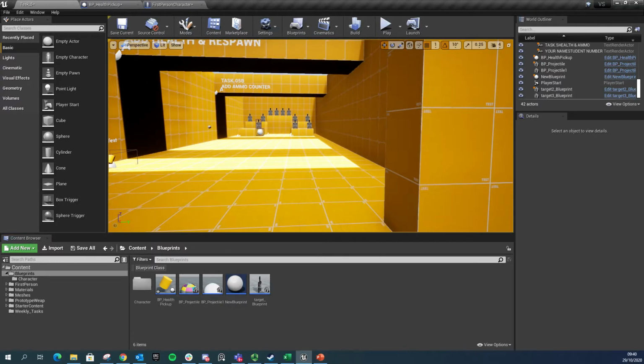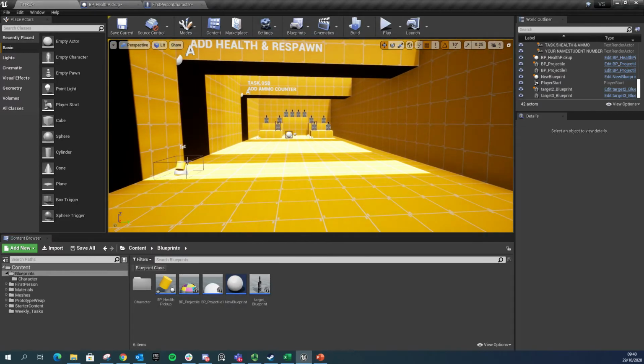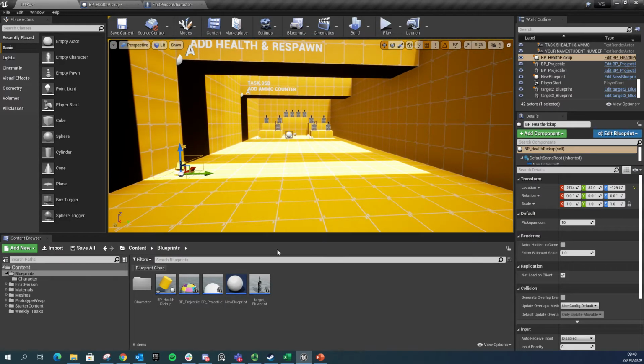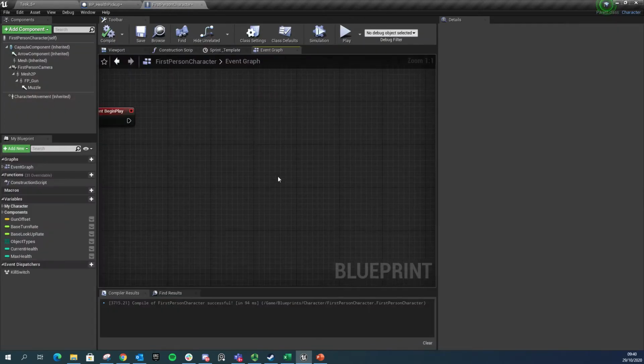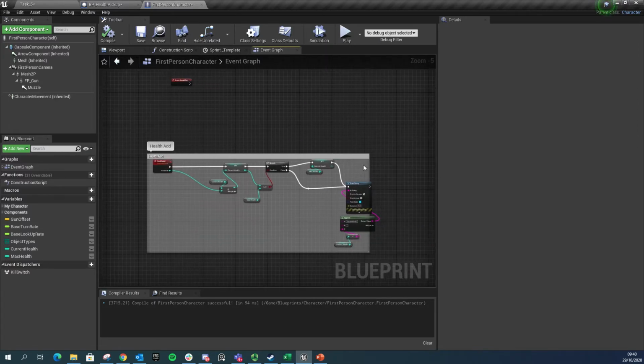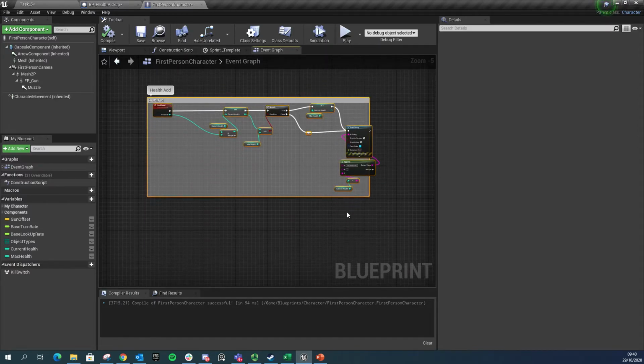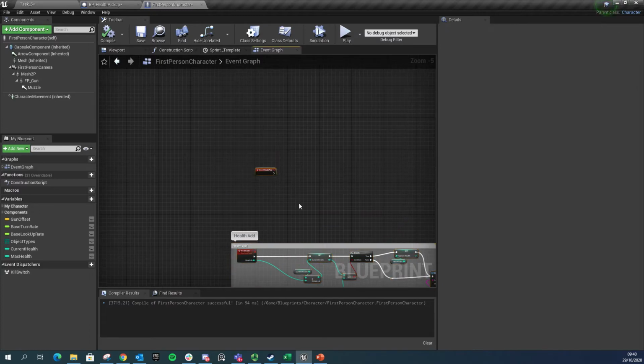we've already got our health system set up. I've deleted a lot of the ones from last lecture, so now we've just got one. So the next thing we want to do is set up the opposite system. If I pop into my first person character, I'm going to need a little bit of empty space here. I've just commented this off to be a health add. So I'm going to move up here